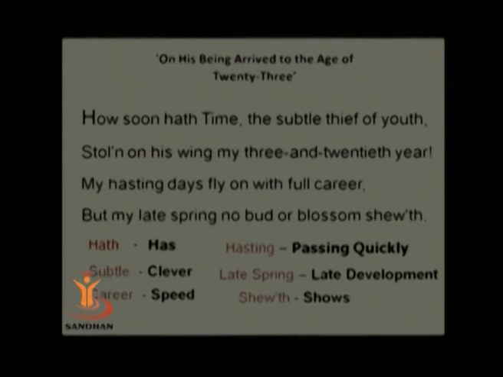This poem was written when John Milton was celebrating his 23rd year. My hasting days, so the days that pass very quickly, that means the 23 years of his life that have already passed. And he thinks that he has not achieved much in those 23 years of his life, and that is why he says my hasting days, the days that pass on very quickly,